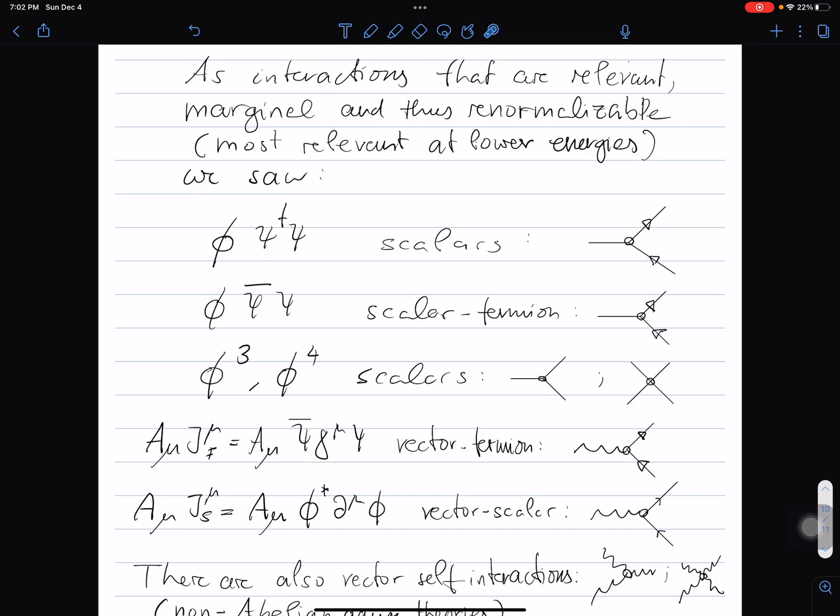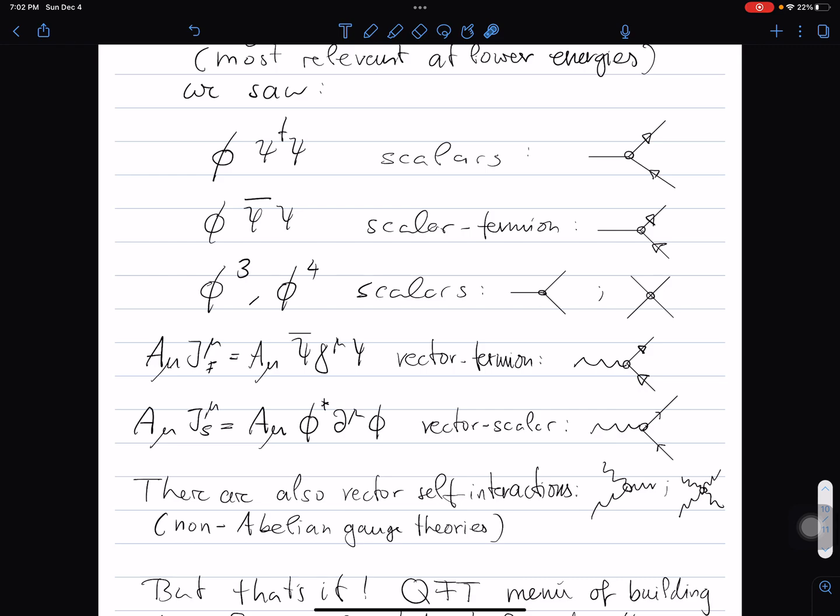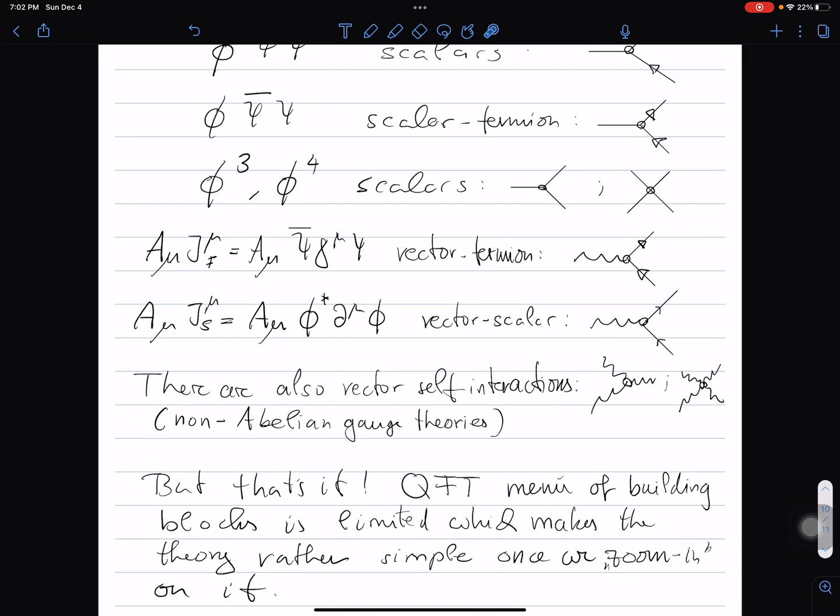So the relevant operators for us would be, for example, phi psi star psi, the interaction of one real scalar and charged scalars of this type, 3 fields. We could also have a very similar scalar-fermion interaction, which is usually called the Yukawa interaction, with the real scalar and 2 fermions. Then we could have scalar self-interactions, phi cubed, phi to the 4, 3 and 4 fields with each other. Or you could have interaction of the photon field with the electromagnetic current, as we derived today. So it's a vertex of the photon talking to fermions, electrons, positrons, and other fermions.